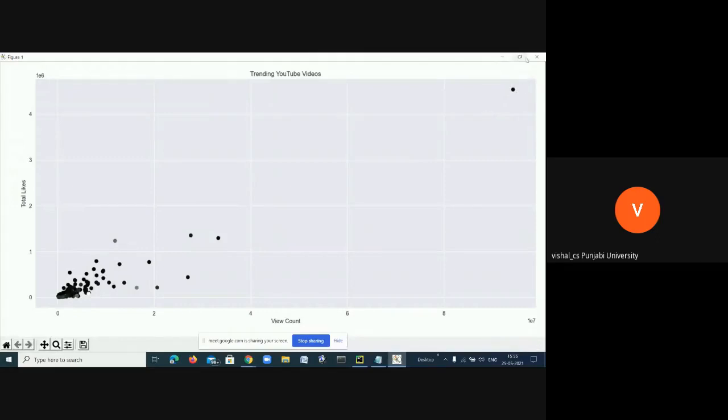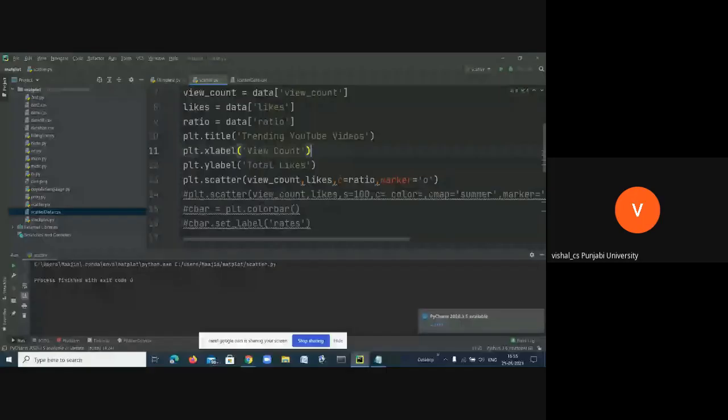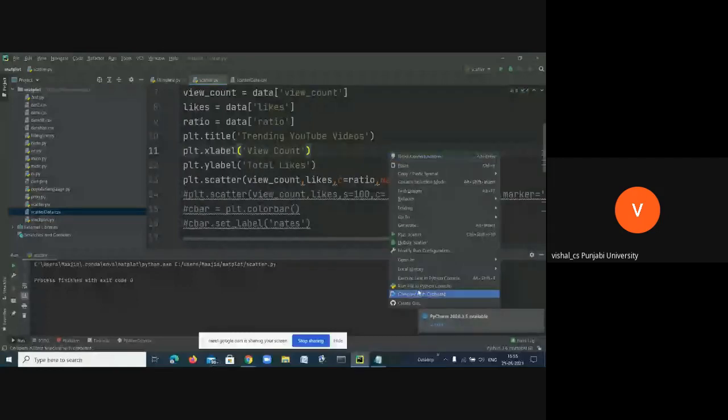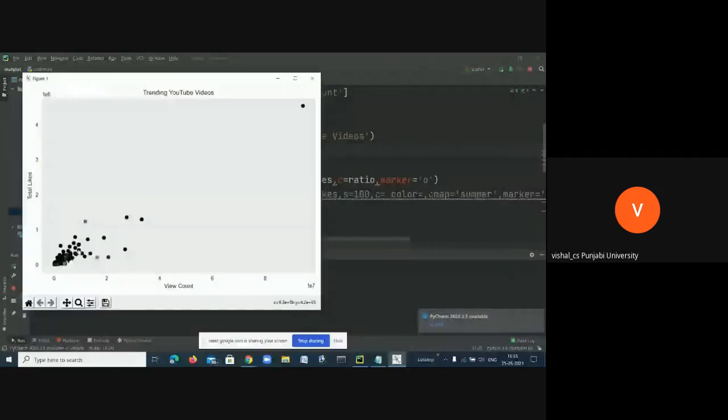Now you must have heard about one thing: x scale and y scale, log scale. Have you heard? We have a logarithmic scale and we have a linear scale. By default, it is giving us a linear scale. If I look here, what is the problem? It is jumbled, showing some overlapping here, isn't it? We cannot see the particular values.